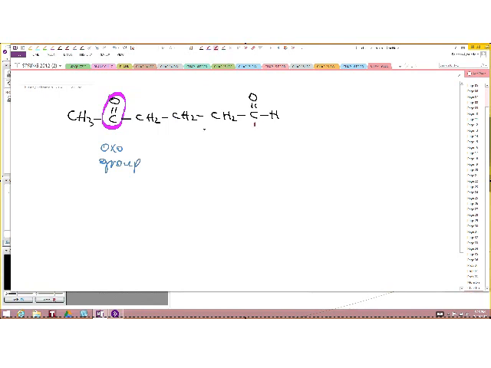Carbon 1, 2, 3, 4, 5, and 6. So this therefore becomes 5-oxo